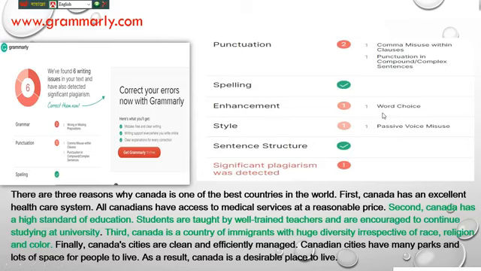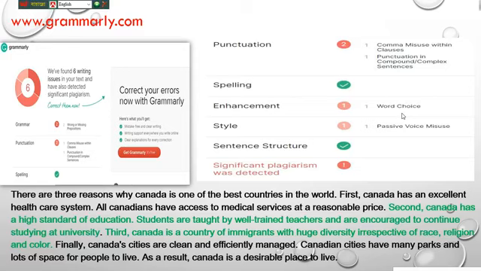And then enhancement or word choice, right? Some words may be repeatedly used. If you use the same word repeatedly, sometimes it sounds bad. But sometimes we have no other alternative. Besides this, of course, you should change the word, change the expression. It is not good to use the same word.